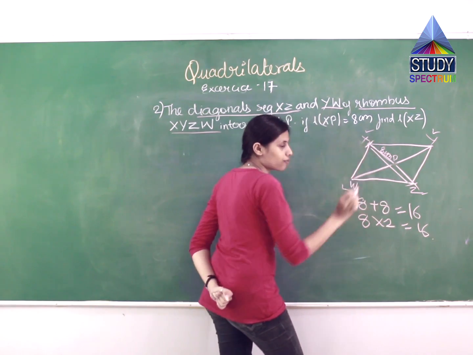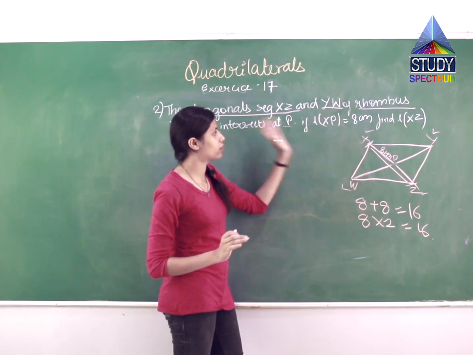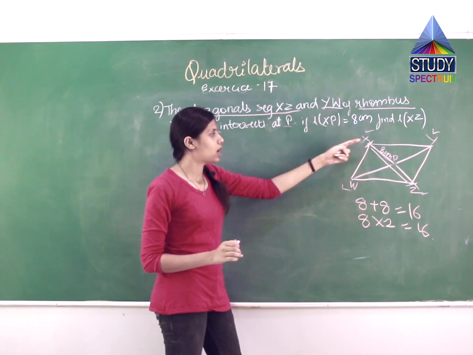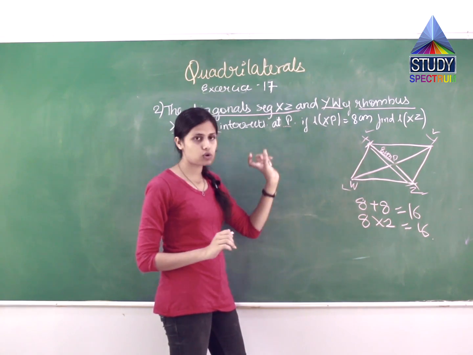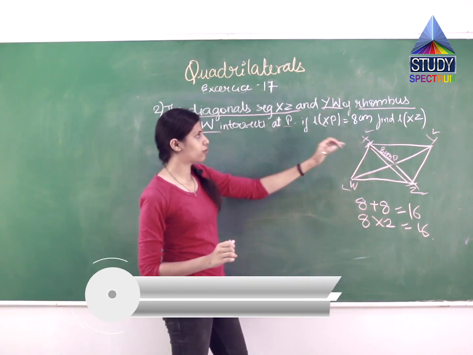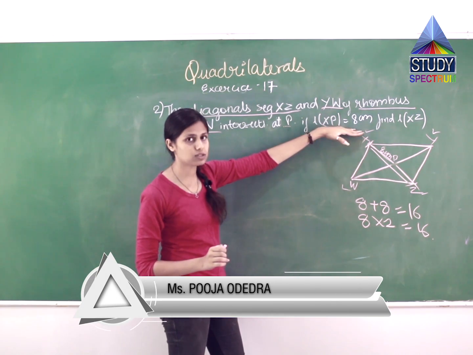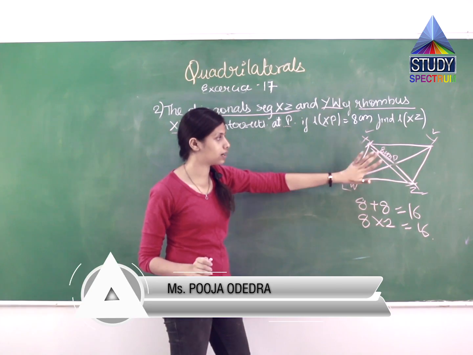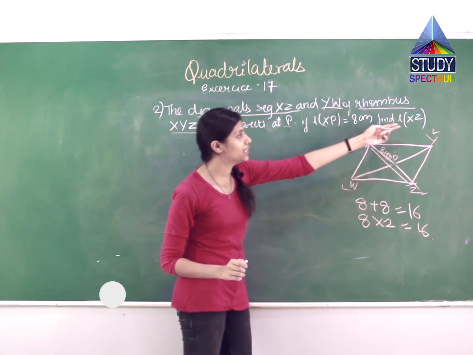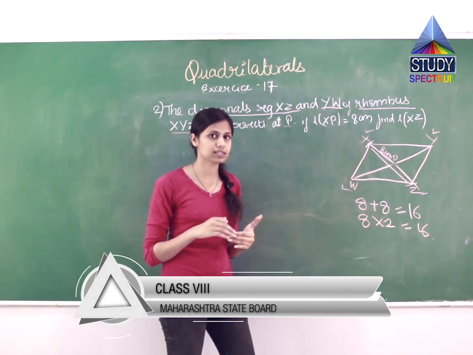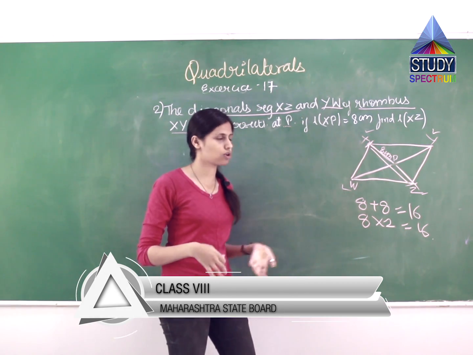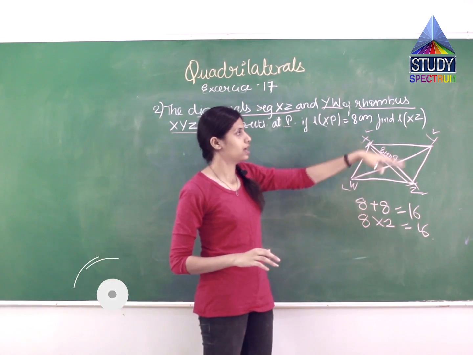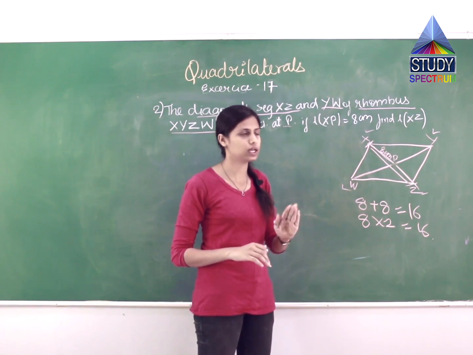So first you have to draw a rough diagram. First you have to read the question, understand which type of quadrilateral it is, draw a quadrilateral, name the quadrilateral, and put the additional information as given over here, that XP is 8 cm. So I have put that in the diagram, 8 cm. Now you have to see what they are asking. Don't give extra knowledge, like what is a rhombus and all that. The answer should be point to point. They are expecting what they have asked, that's it.